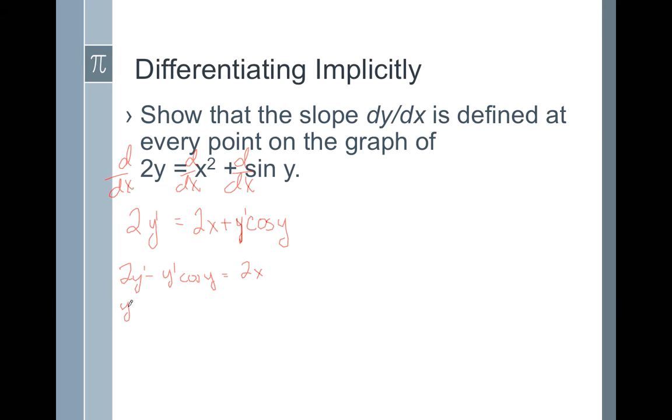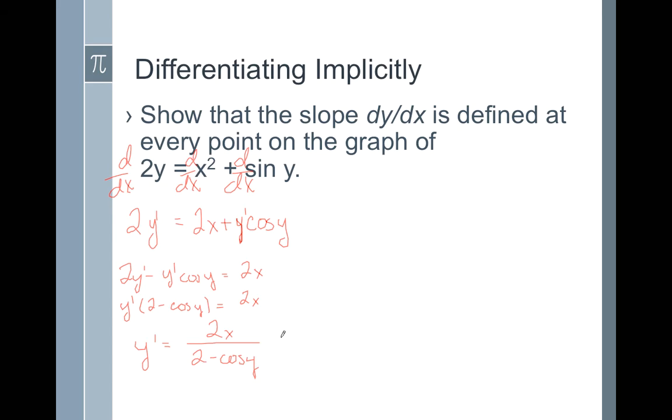Factor out the y prime and get y prime by itself. So I get y prime, or the derivative of y, is equal to 2x all over 2 minus cosine of